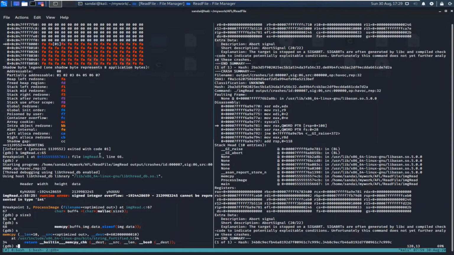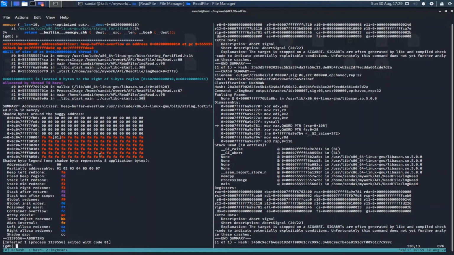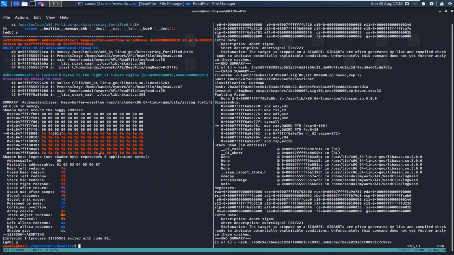As you can see over here, it crashed, right? So this was the root cause: you are passing a 0 value to malloc, it did not allocate any memory, still you are trying to use memcopy over here. And so let's see how do we fix this issue. Again, I have seen such issues in many softwares.